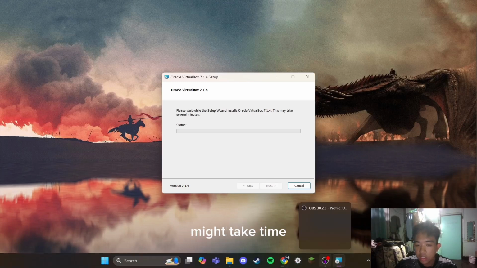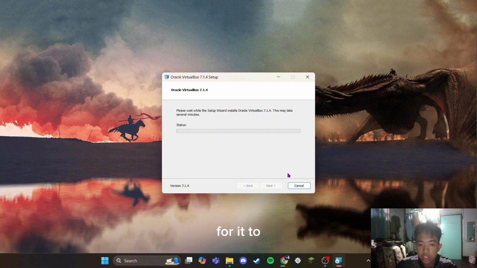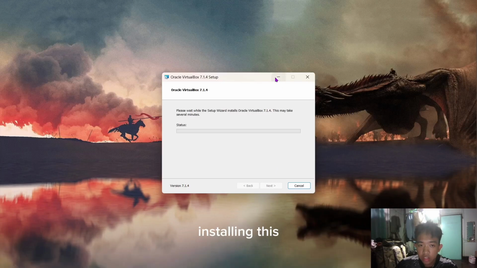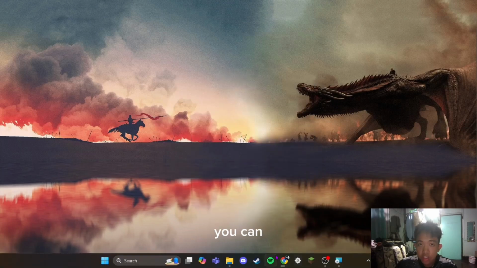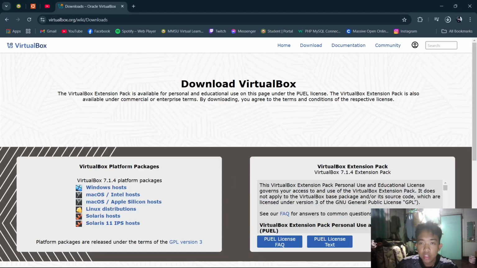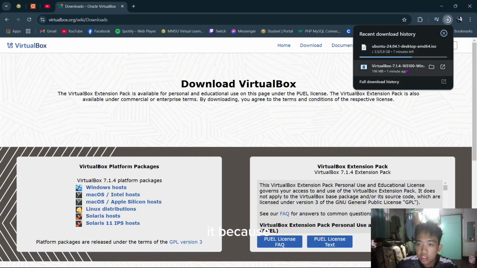This might take a time installing. It depends on your device, your laptop. So we're just gonna wait for it to install. And after installing this VirtualBox, you can try to install the Ubuntu. I already tried to install it because it is a heavy file. It's 5.8 GB.